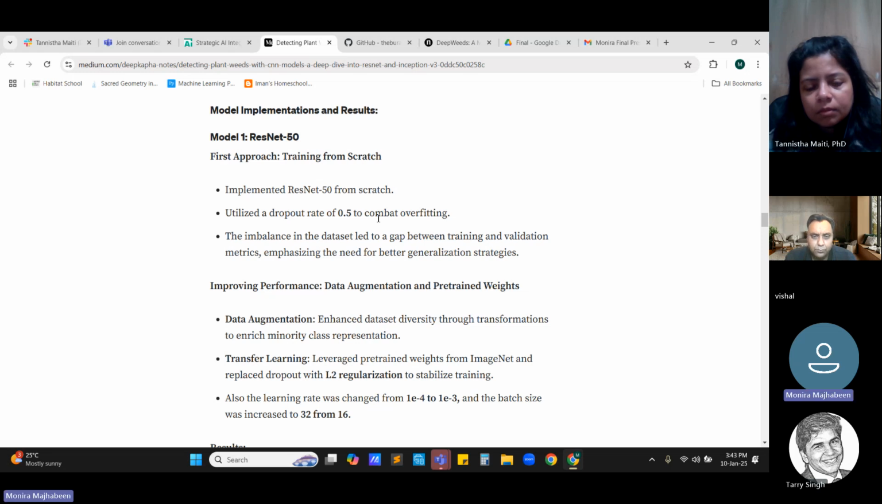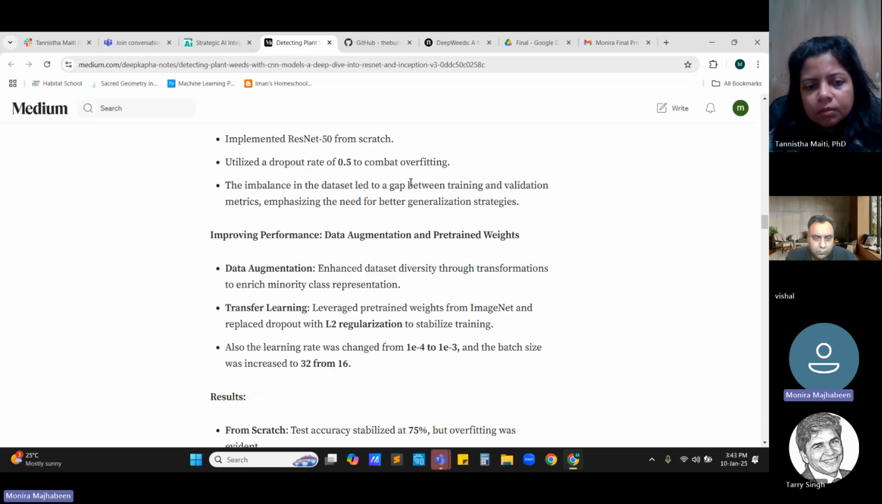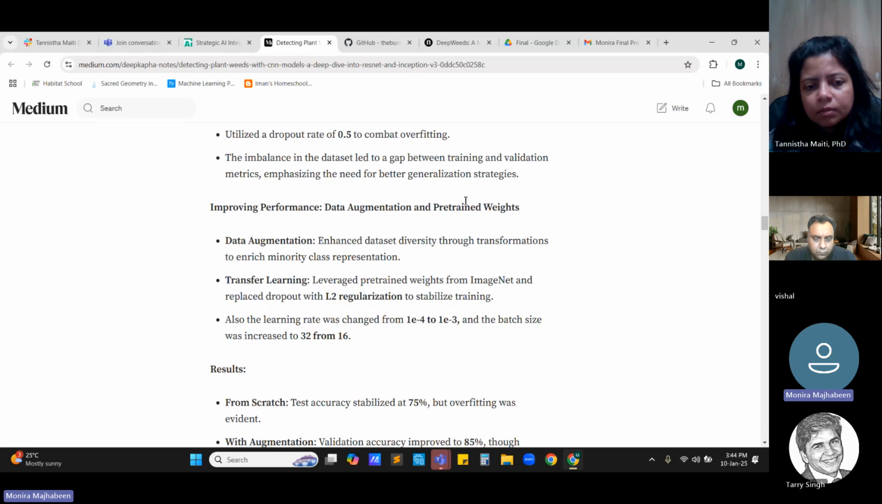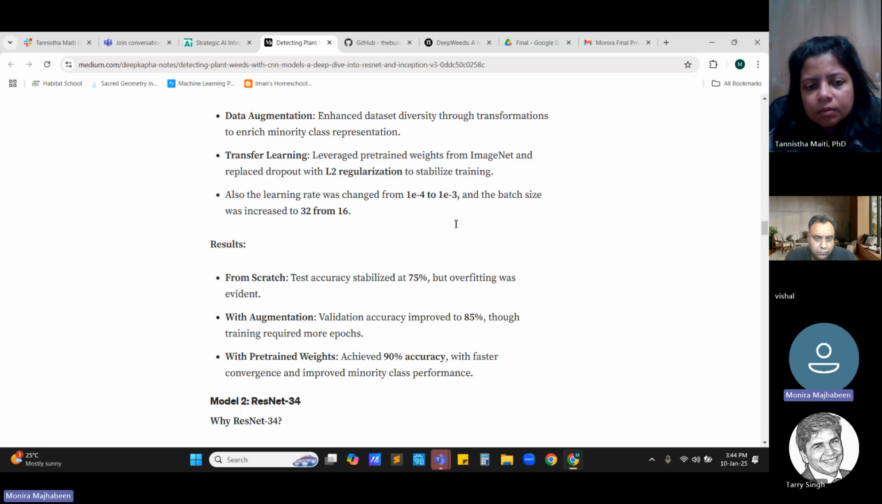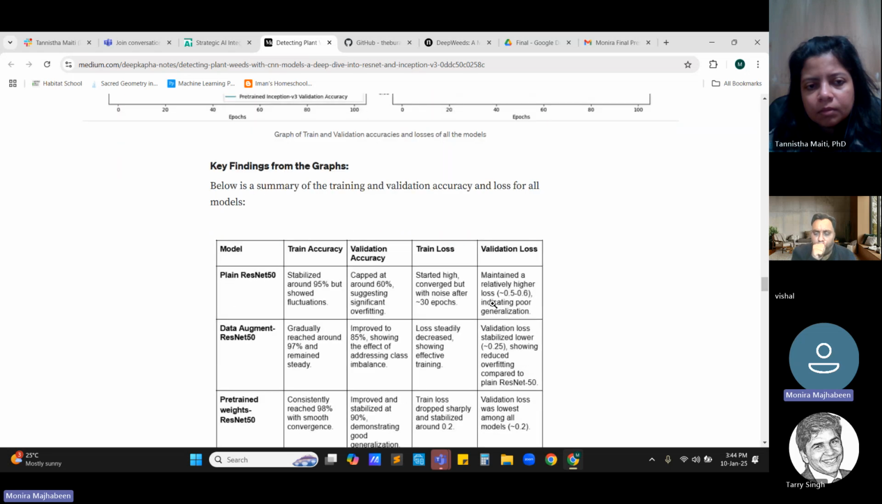And then we recorded the result given by the model by testing on the data set which we had. I have summarized the performance of all these models in terms of graphs and also in terms of a table. So what we had seen is that